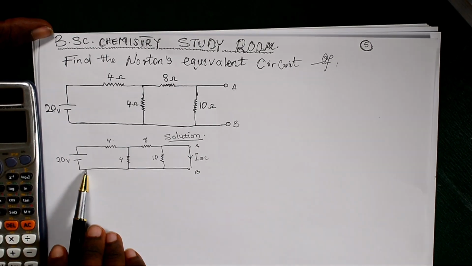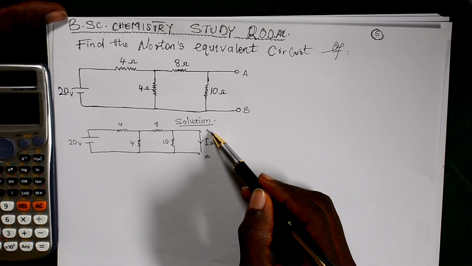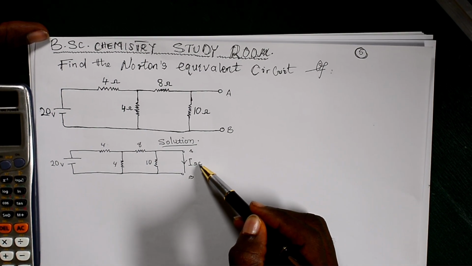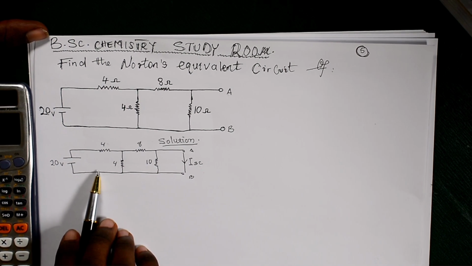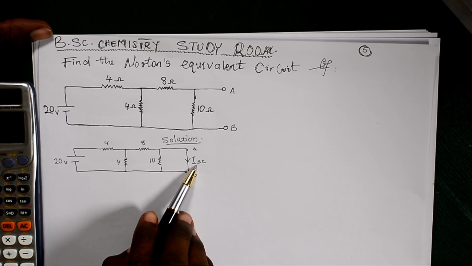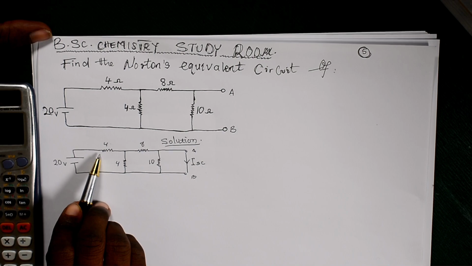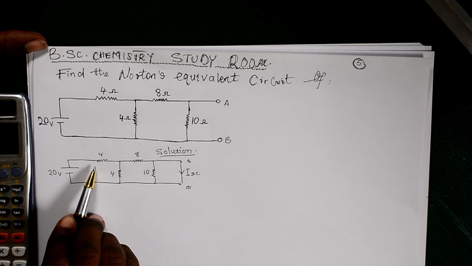So now the circuit becomes like this. This is the terminal A and B. We short circuit it and put the current Isc. So now we are going to find the current flowing inside this circuit before the Isc. So when we look at this resistor to find the equivalent resistor so that we can obtain the current using